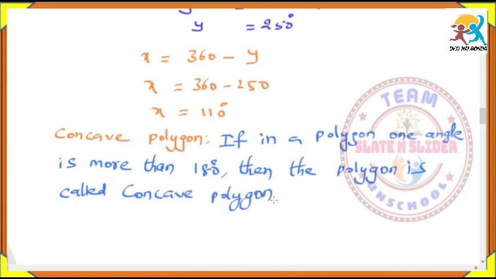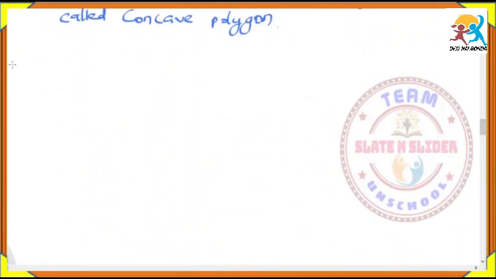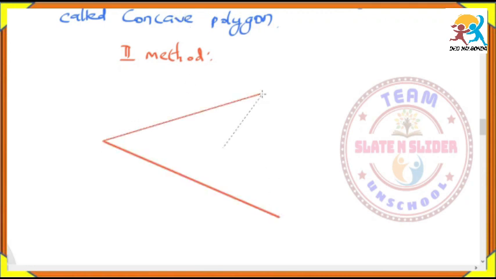This is one method, and we will go through the second method. The same question can be done in another way. I will show that also. Observe. This is the figure A, B, C and D. Write the measurements. This is 46 degrees. This is 26. This is 38 degrees.